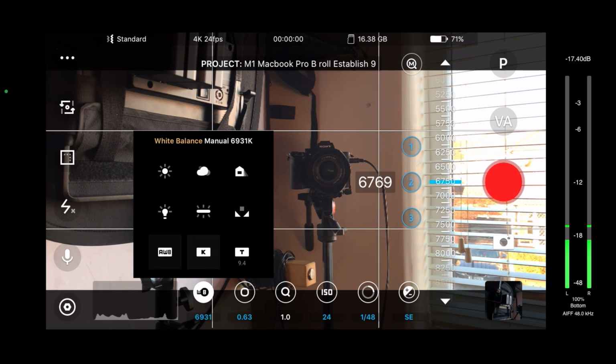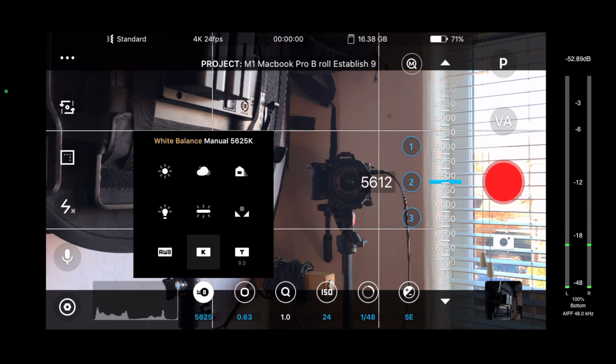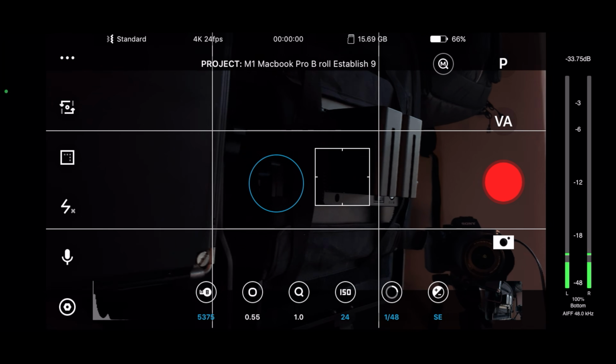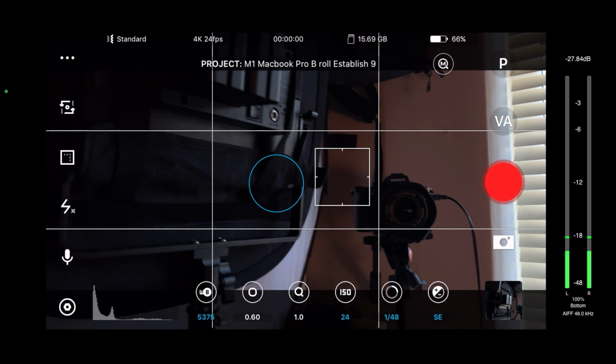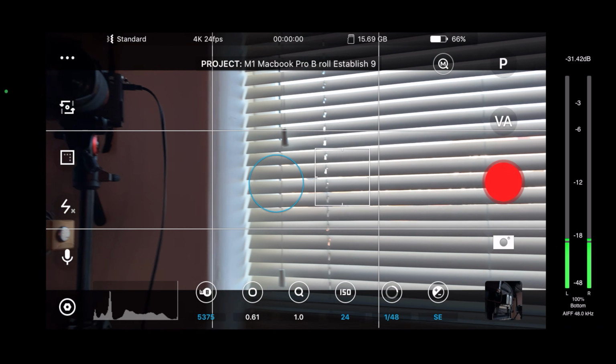Once I'm happy with my exposure, I'll then set the white balance, again, just to what looks good. But in order to maintain that immersive cinematic feeling, you have to make sure that your white balance is consistent from shot to shot. And finally, last but not least, I'm going to set the focus. In this opening shot, I'm not really thinking too much about the focus. I'm just happy to literally tap where I want the focus to be and trust that it's not going to hunt. But in other situations, having control over your focus is something that can really help your footage look cinematic.